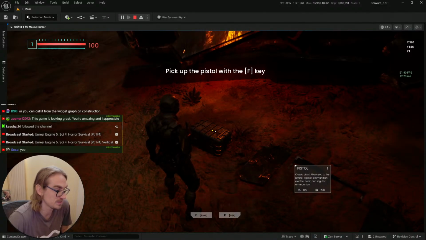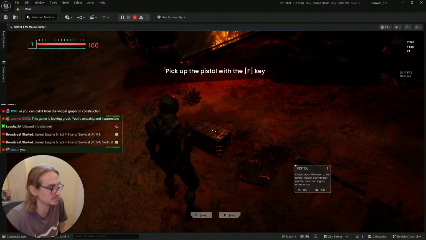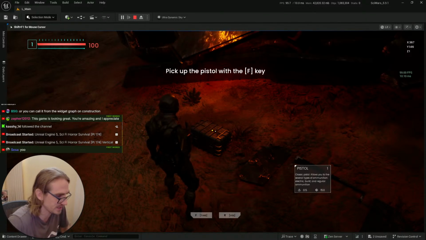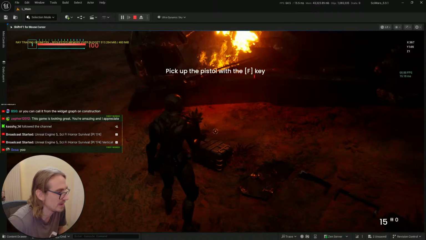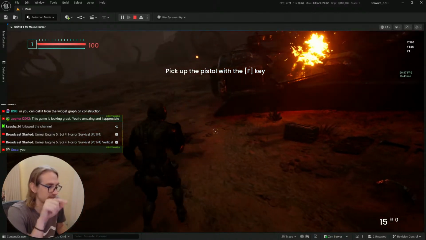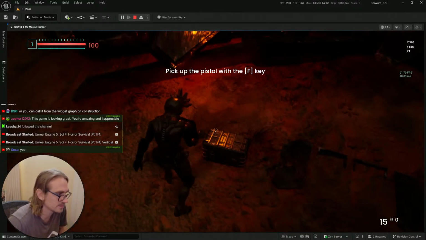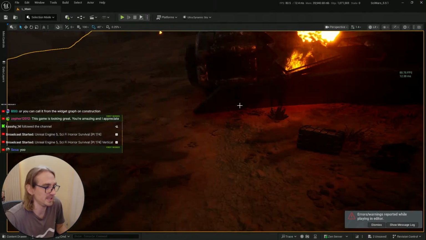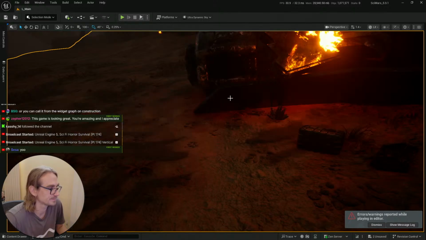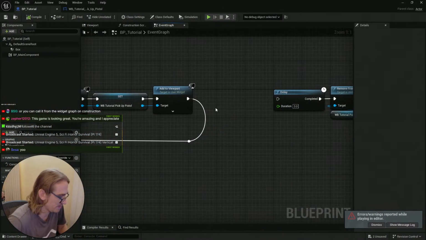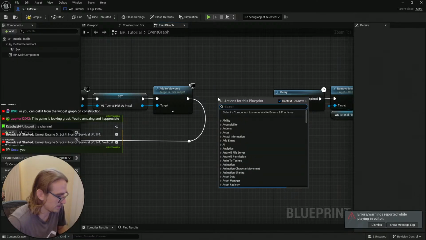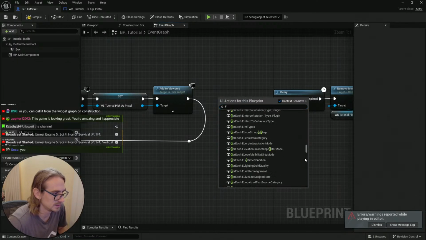Or maybe we can use take the pistol instead of pick up. Yeah, maybe take, since we are using that here. Take. And when we take it, I want this to disappear. So we need to trigger this with the F key. So let's say we press the F key. Does it work like that? F